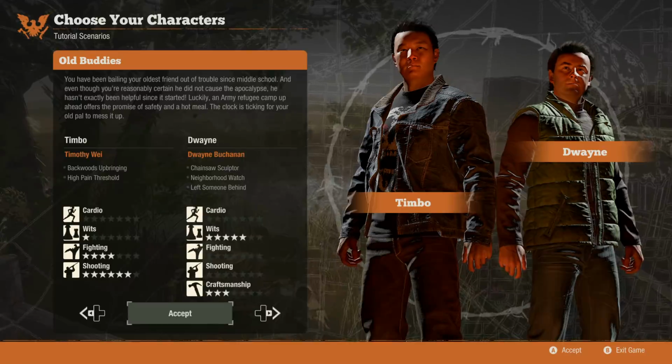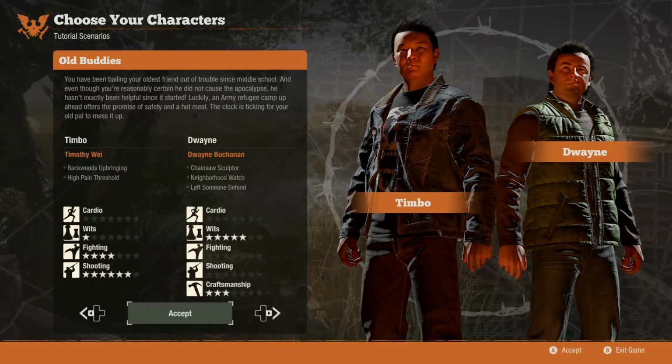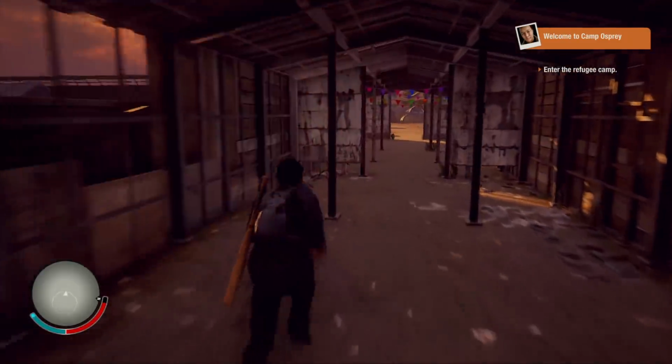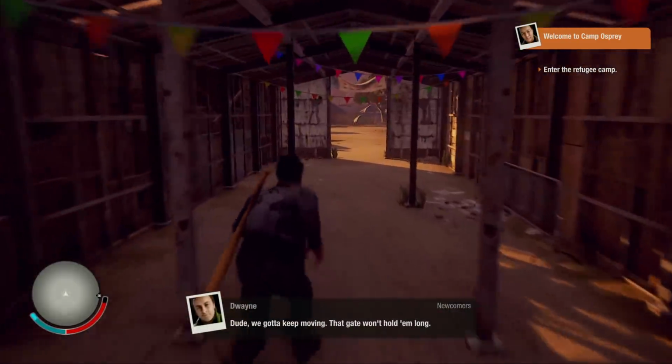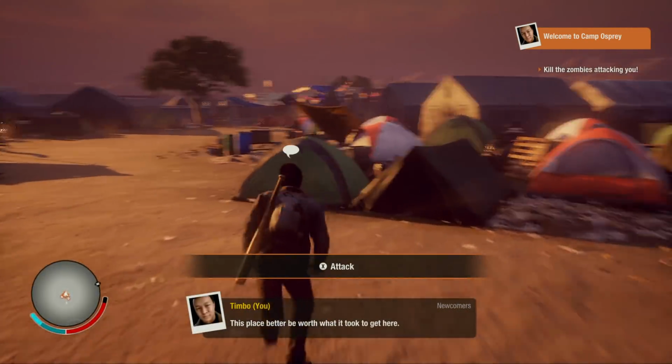But hold on, before you actually choose a character, if you were to look through all their skills, you would notice each and every one's cardio is low. And I'm going to be showing you guys a little trick on how to max that out before you claim your first home base. So as you choose your two characters and you progress through the tutorial, once you come to this area right here,